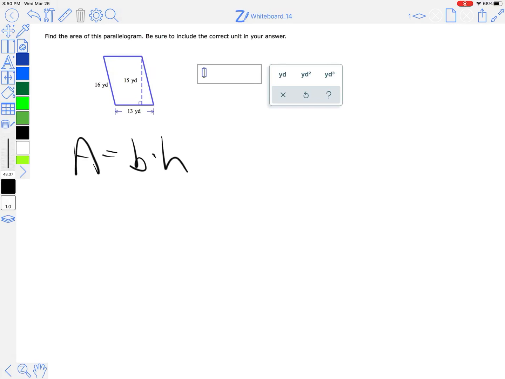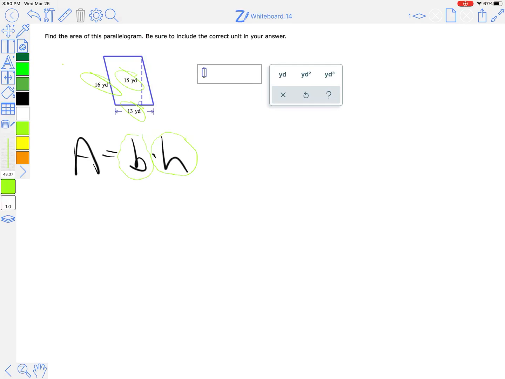The only thing to be aware of is the formula says area equals base times height. Sometimes, for example in this picture, they show me 3 different numbers here. So we've actually got one more number than what we need. And it's important that you know which number is the base and which is the height. Okay, so the base,